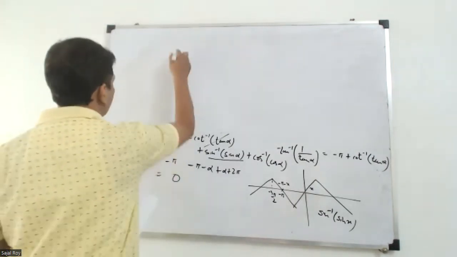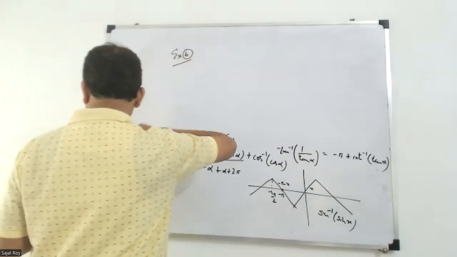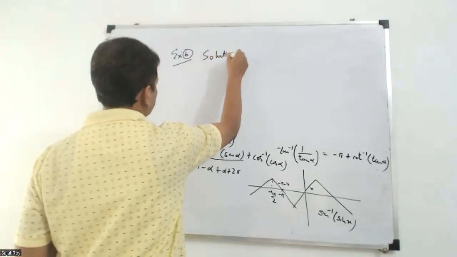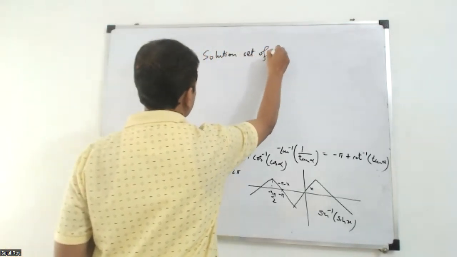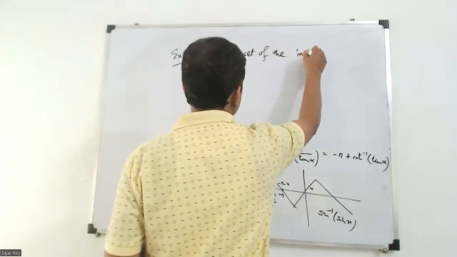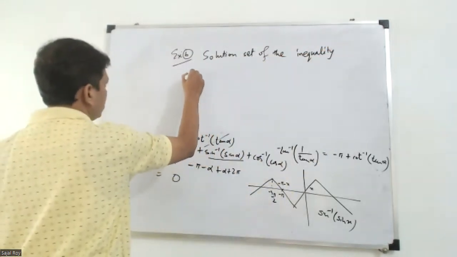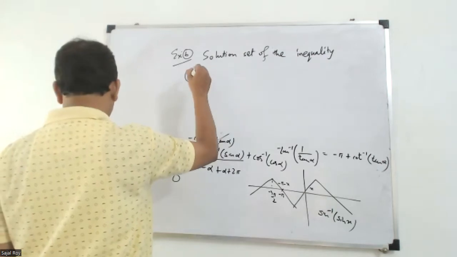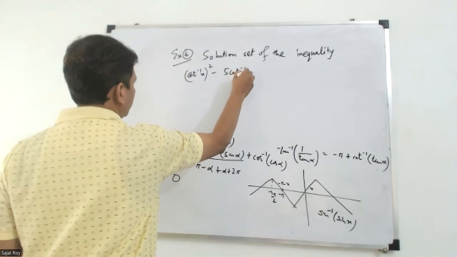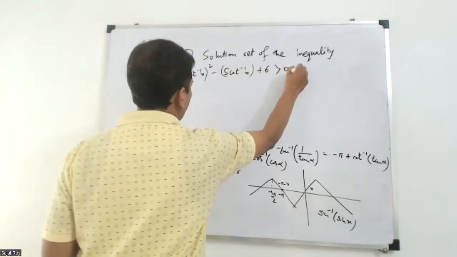Next, the solution set of the inequality: cot inverse x whole square, minus 5 cot inverse x plus 6, more than 0, is